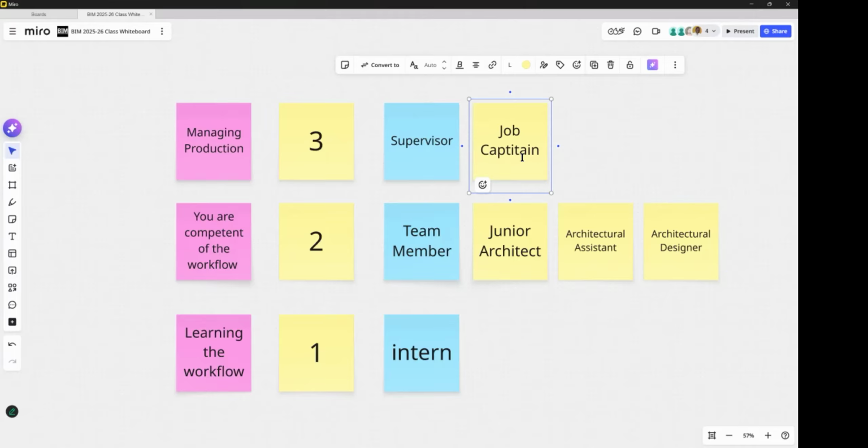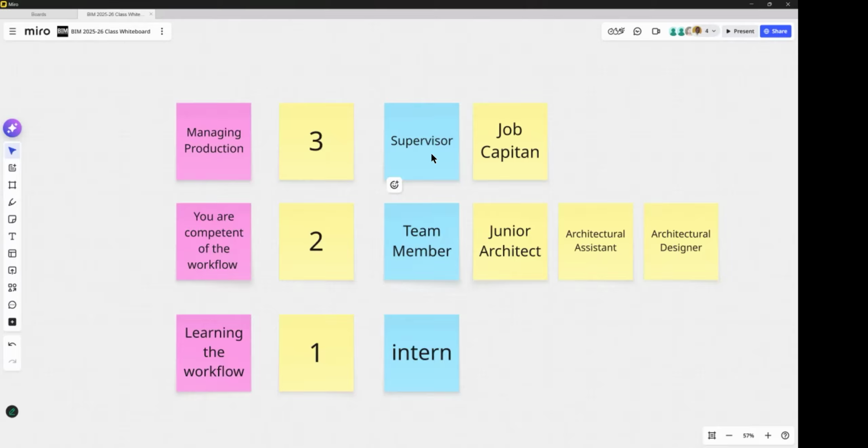Some people call this supervisor, but not project manager. Some people say workflow supervisor, production supervisor, that's another one.